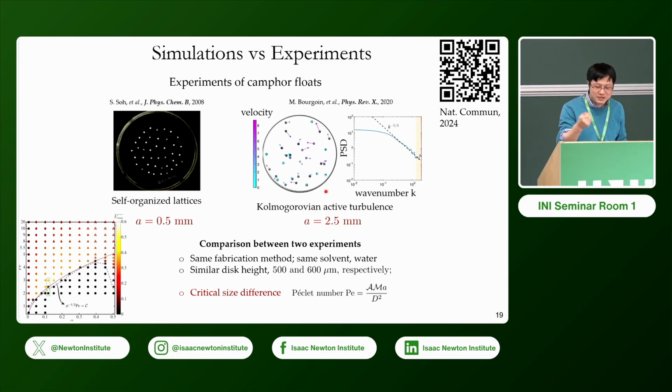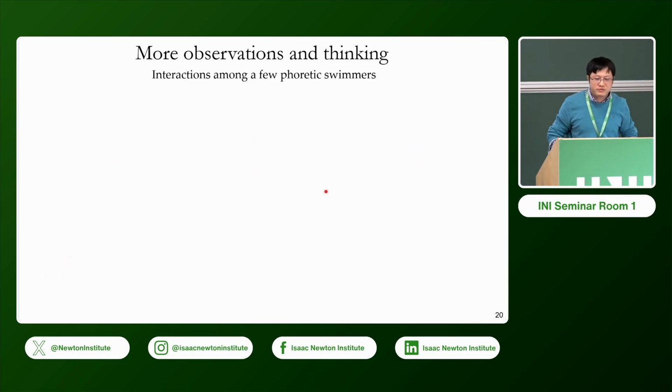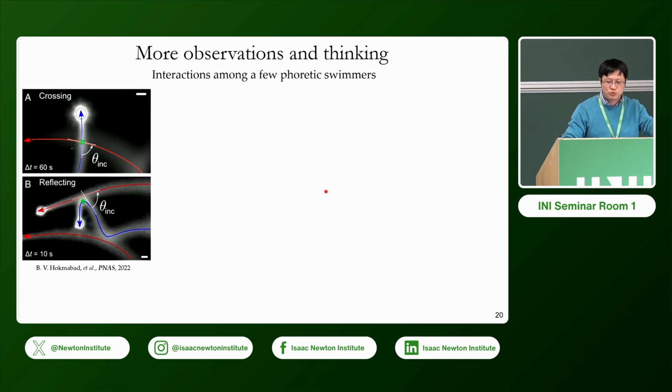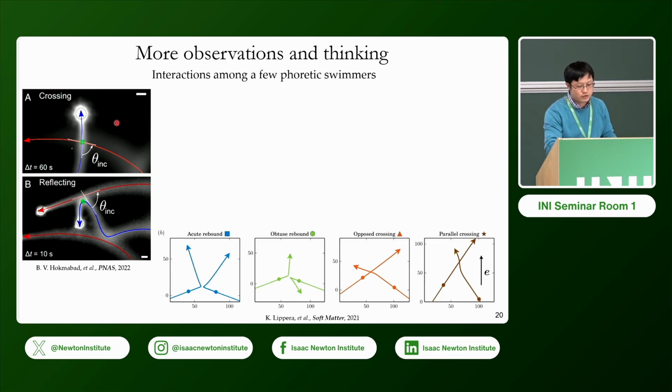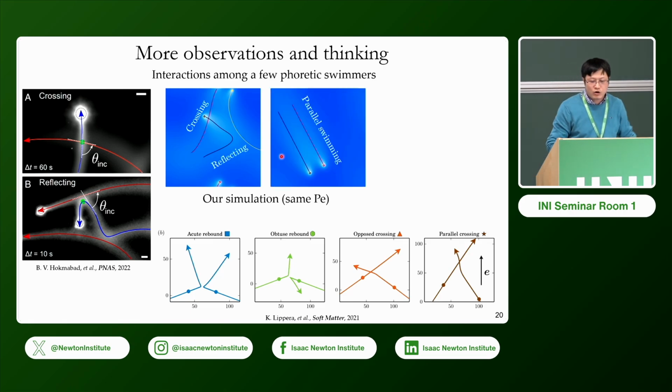I'm lucky I did not claim this non-existence in our paper. There's some more observation to make about the interaction between a few particles. In this classical paper, they found that two of these particles can either reflect each other's trajectory or cross each other. This was also theoretically predicted one year before. And in our case, we find this trajectory, but simultaneously we can also find this